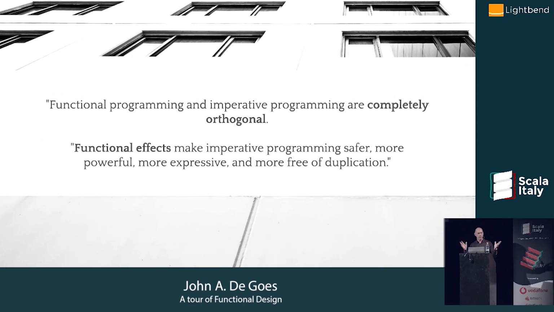And that's what functional effect systems are all about. So if you've heard of things like ZIO or Monix or Cats IO, functional effect systems allow you to take the ordinary imperative programming that you do every day and make it better, safer, more modular, more type safe, more expressive, with more powerful ability to abstract over patterns that you wouldn't be able to do if you were operating in the world of side effects. So with that in mind, knowing that functional programming can be used to make imperative programming better, it's not at odds with imperative programming, we're going to take FP and apply it to the very imperative, the preceding solution that we looked at.